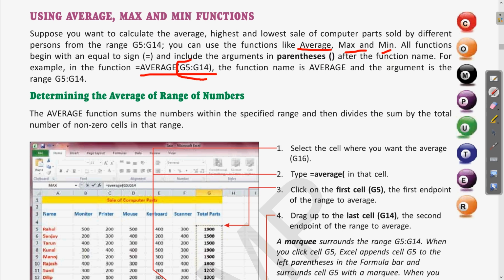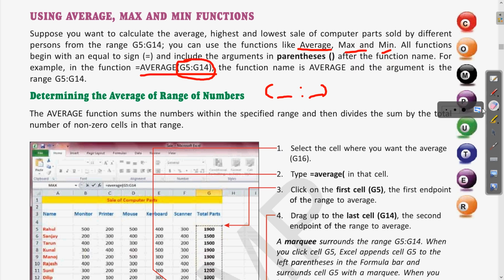Argument means the values which are assigned with the name of the function, in the parenthesis. You can also write the cell addresses with the plus symbol or whatever is the way of writing the formula, and in that also we can write the range, meaning starting address and ending address separated with the colon sign in between.